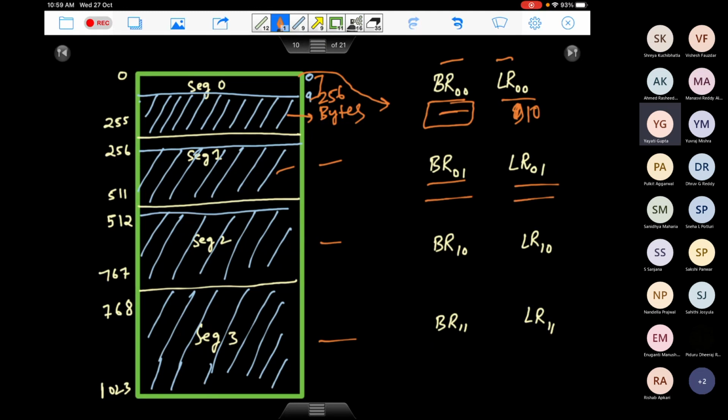And similarly, if you look at segment 1, the base register value is wherever it is loaded into the memory, and the limit register value is whatever was in use. So I think it was 90 bytes. So you can do this for each segment. Segment 3 is not there, so you can probably leave this empty. So there is no base register because it is not mapped. Limit register 0. So some trivial values. So this is the kind of mapping we can do. Right? And now we have saved a lot of space, which we were not saving earlier. All this virtual address space which is not in use is saved.